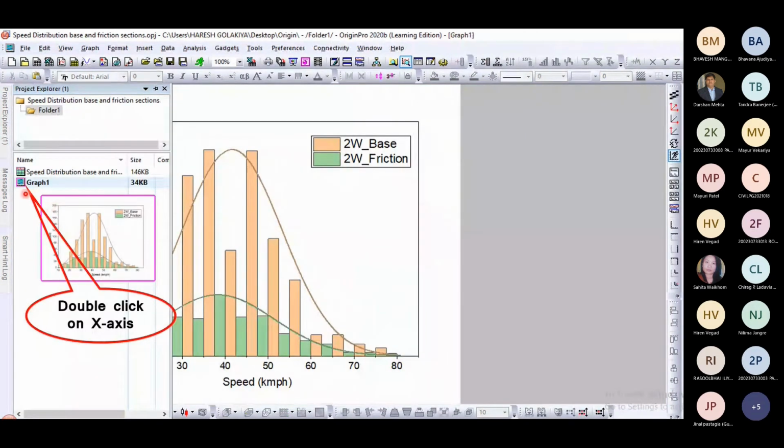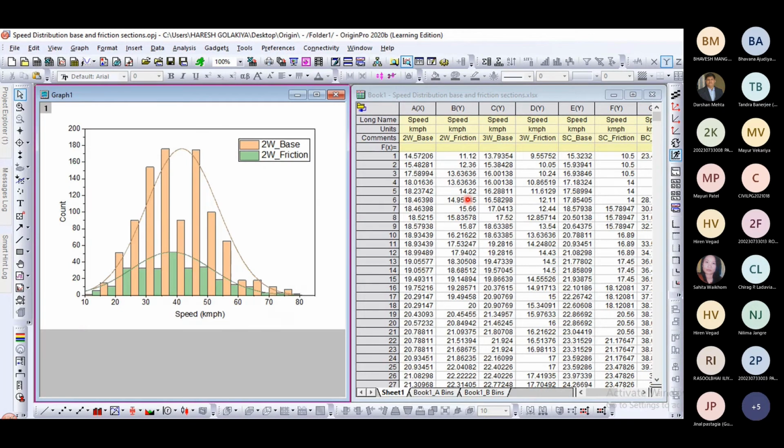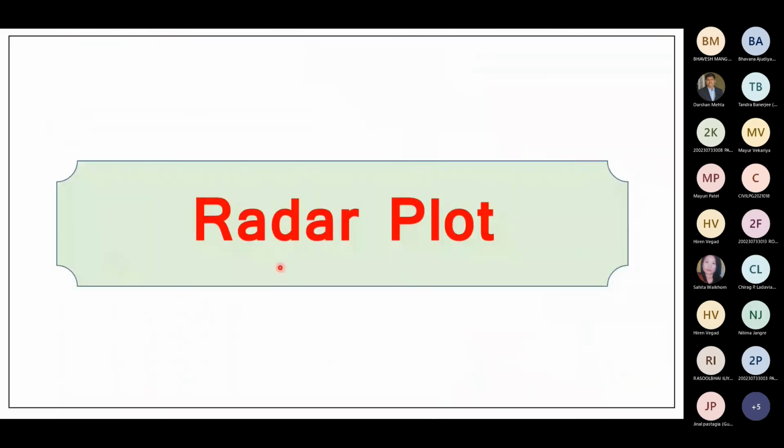Okay, so you can get it at any time by double clicking on the graph. If not required, you can hide it. Through window tile vertically, the data and these two are tiled vertically beside each other.